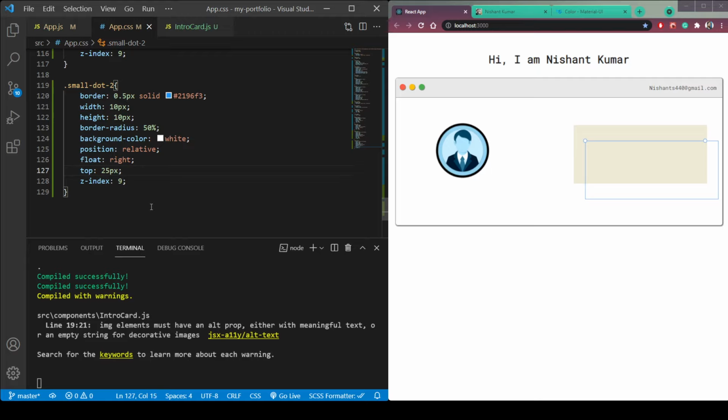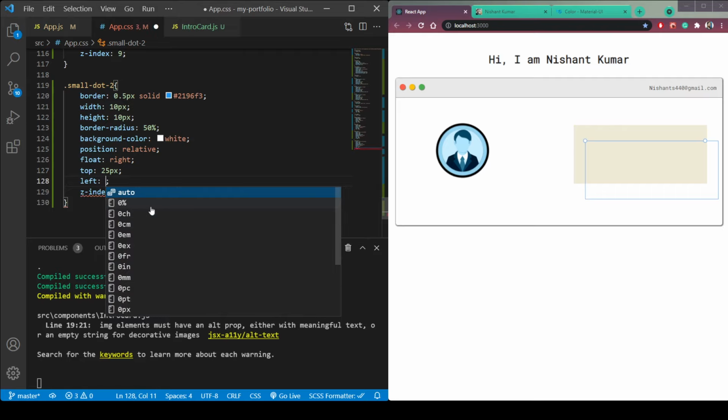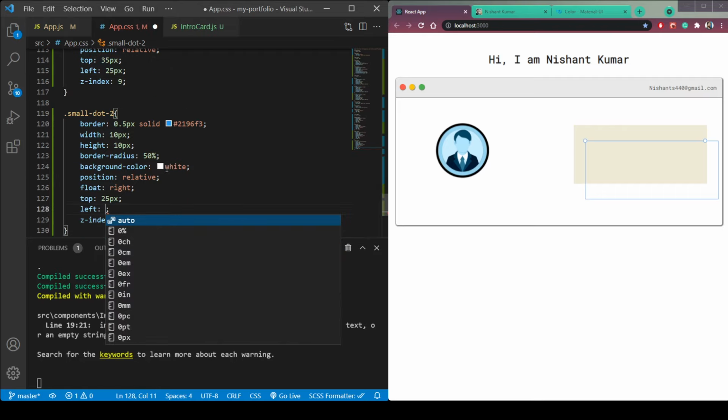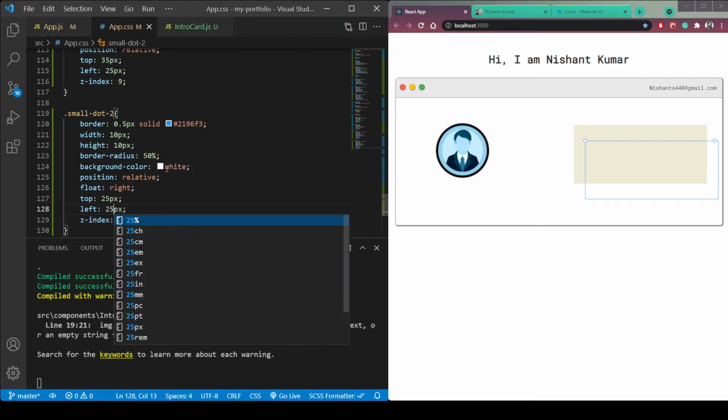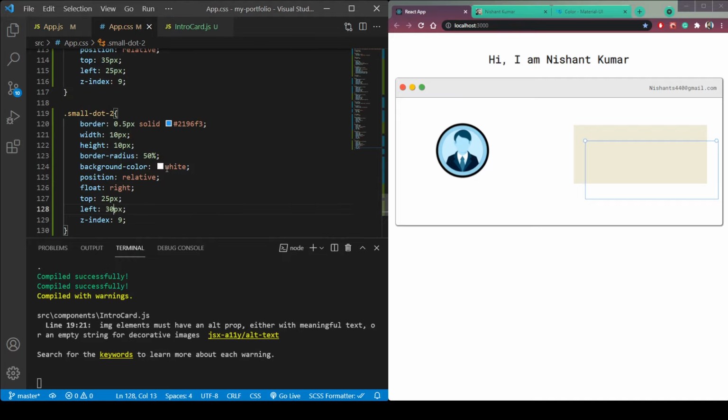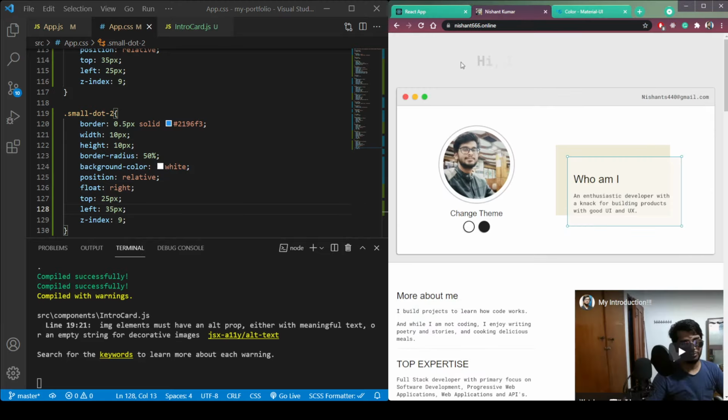And then let's shift it left 25 px, or 30. Now you can see this left dot and right dot are positioned perfectly, just like this one.